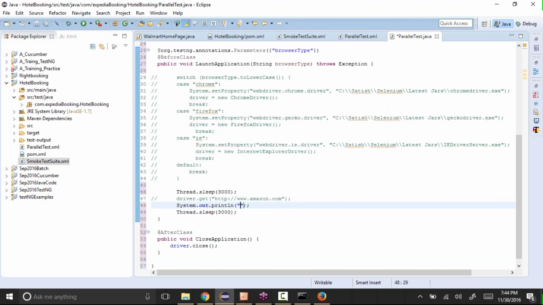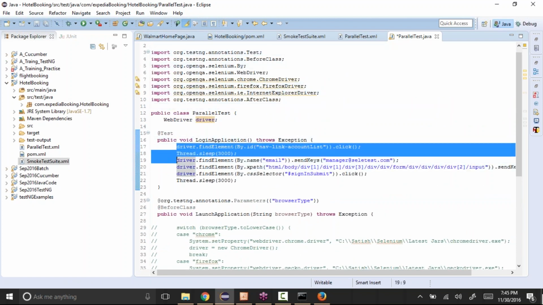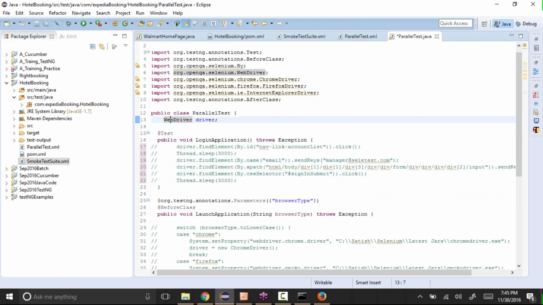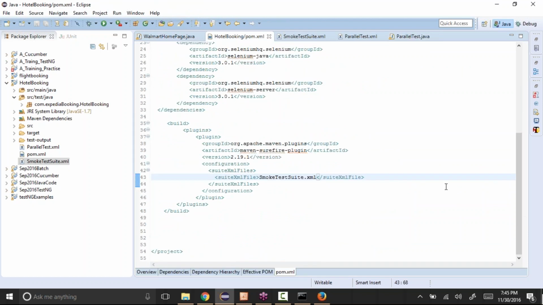Let's say I'll say inside parallel test script. And I'll comment all of them so that it only displays that specific line of code. Inside parallel test.